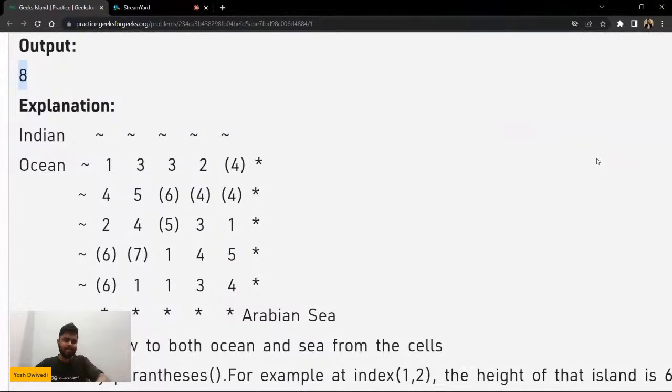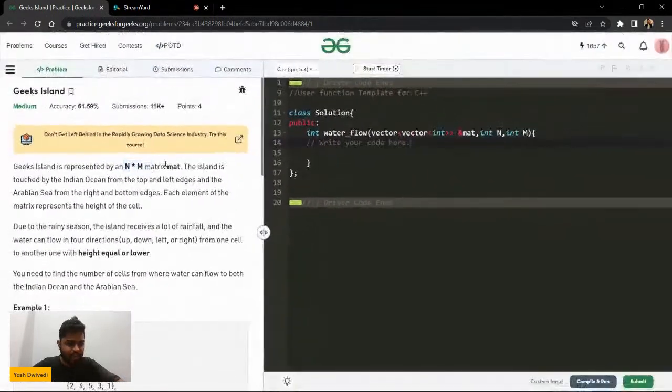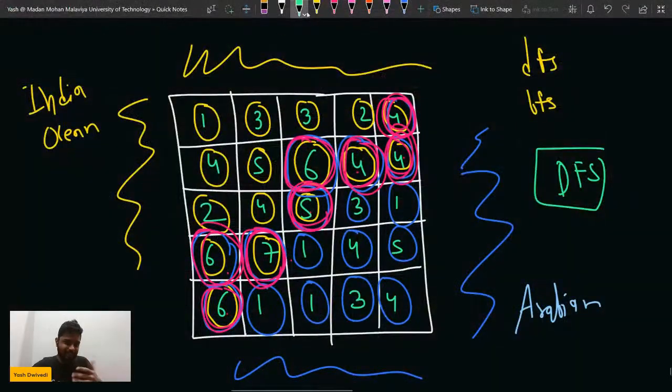Okay, so that's the main criteria for this particular problem, right? So how will I start with this problem? So I think, let me see. So this is an n cross m matrix. So I think n, okay, also one more thing,